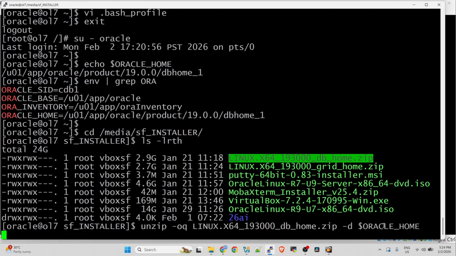After that, we're going to run runInstaller, which will generate a GUI.